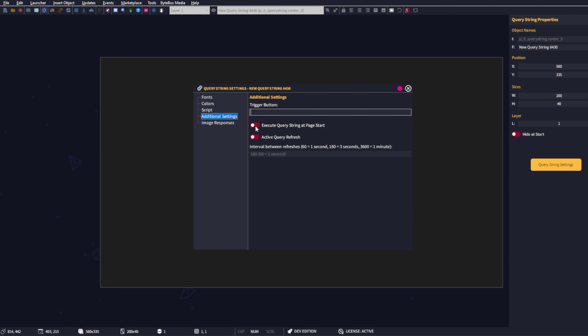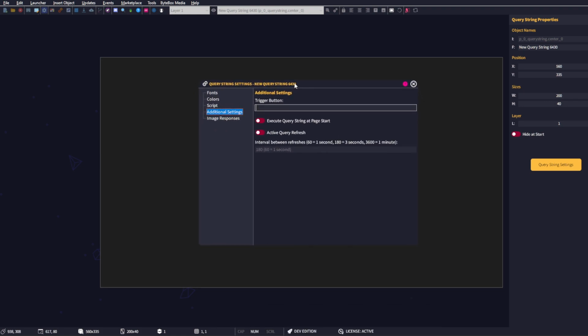You don't necessarily have to have that on, but if you don't, then you're going to need a way for this query string to be executed. You can do it with a button. If you have a button that you want the user to click and then it performs the query, create the button first,